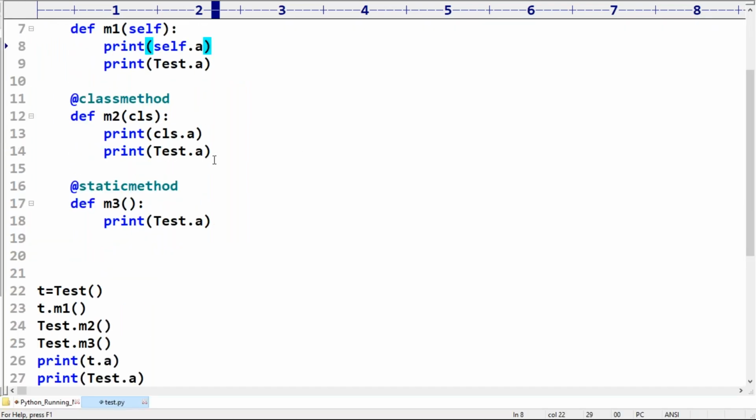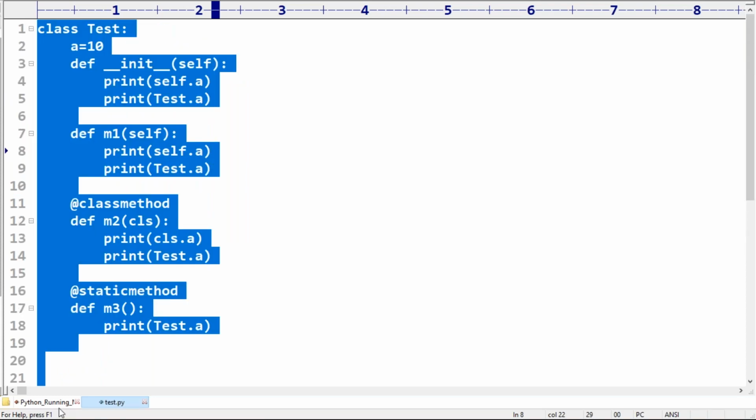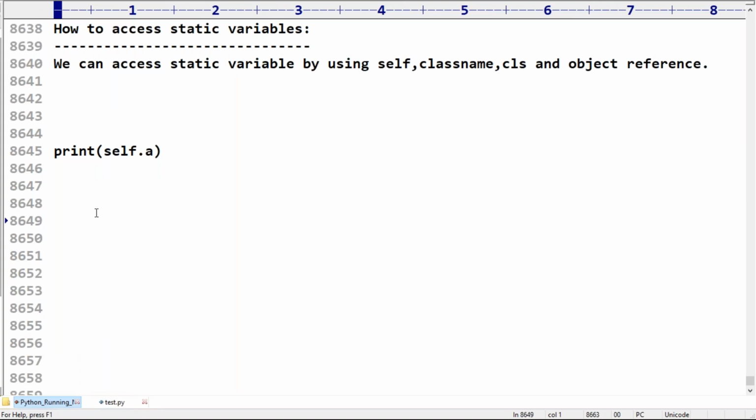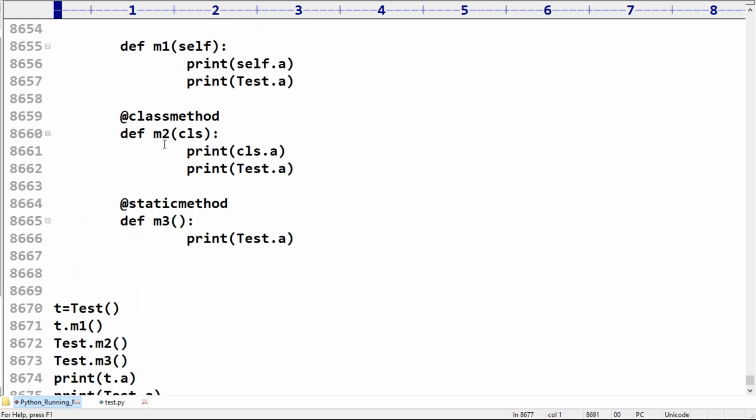So how to access a static variable is clear for you people, right? Feeling comfortable? Don't get confused. Next, it's a very common doubt, friends.